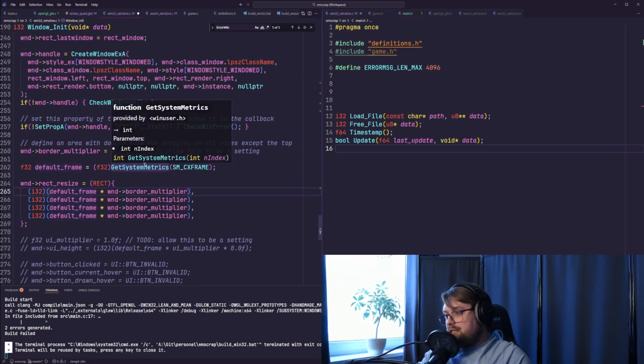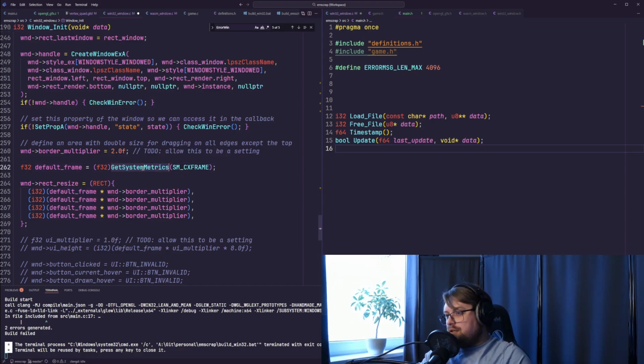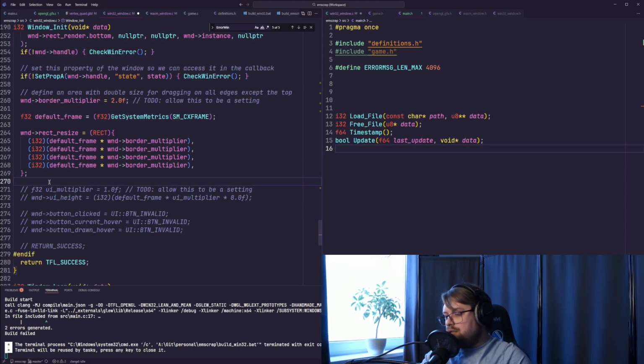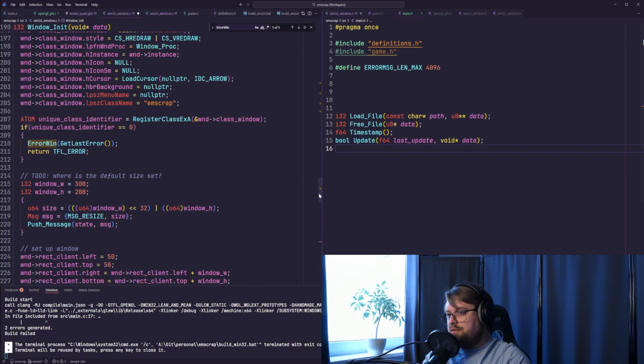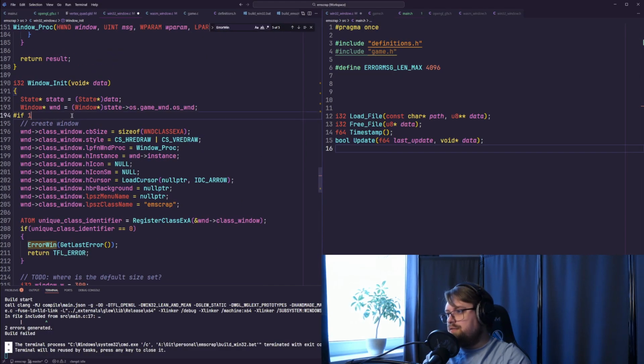Get system metrics. I don't think that has a failure state. And then these things are copied from an old project. Not really anything interesting. And then, and if, where does it start? If one,